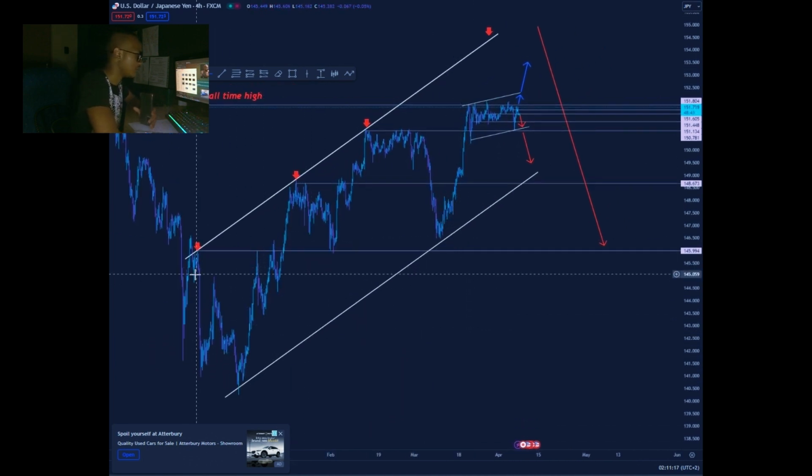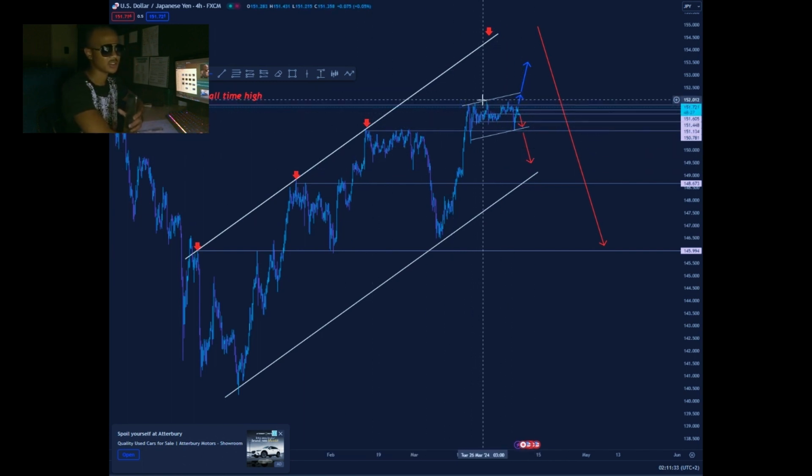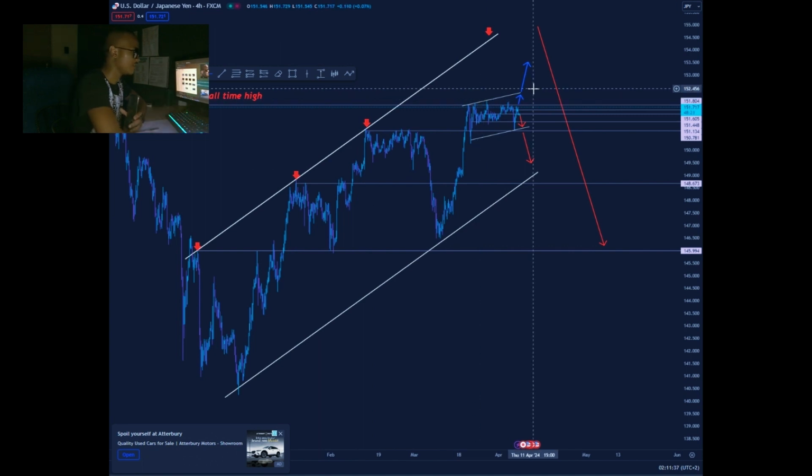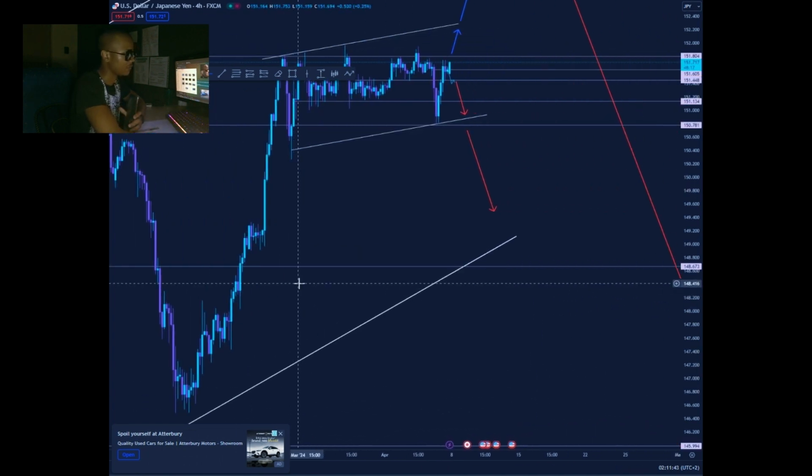I copied the same trend over here to see the volatility of the trend. So on the 4 hour, we see every time we touch this resistance trend line over here, what do we do? We sell. Last time we touched it, we sold. Last time we touched it again, we sold. So now we haven't touched this trend, and now that brings the possibility for the dollar to do what? To buy. Looking furthermore, we're just going to reset the chart on the 4 hour.